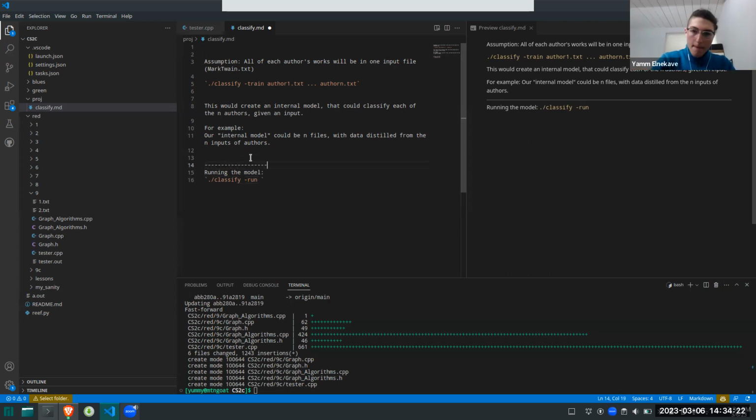So it'll be dot classify. You just say dot classify, and then the input to that comes from input.txt. So dot slash classify input.txt. That's it.